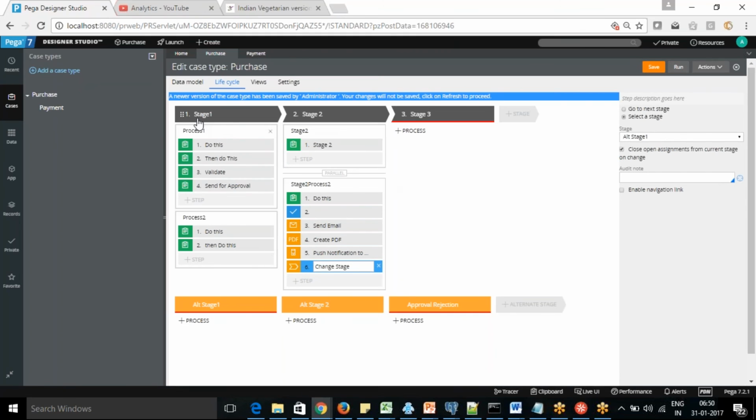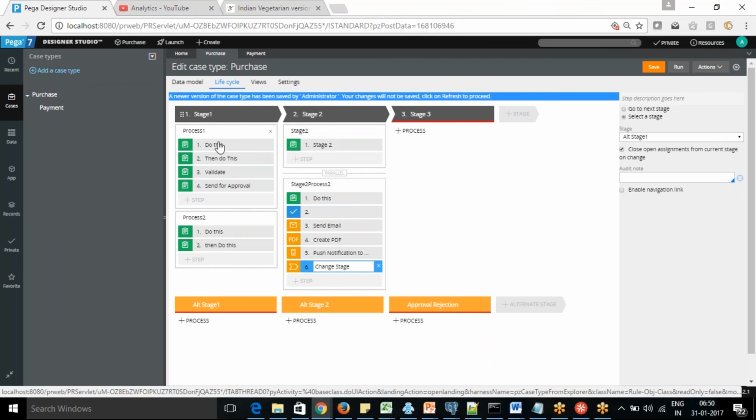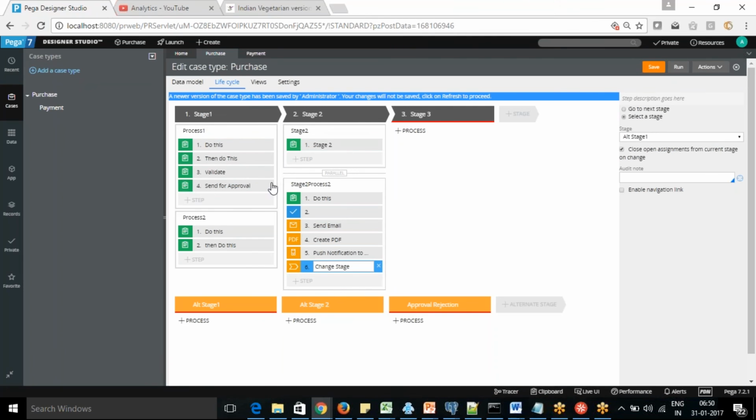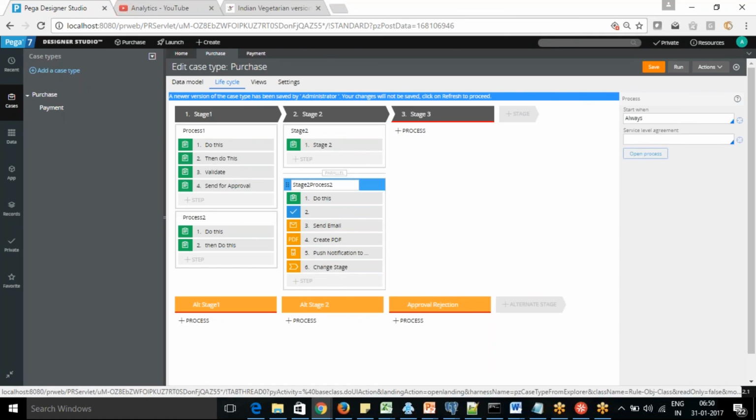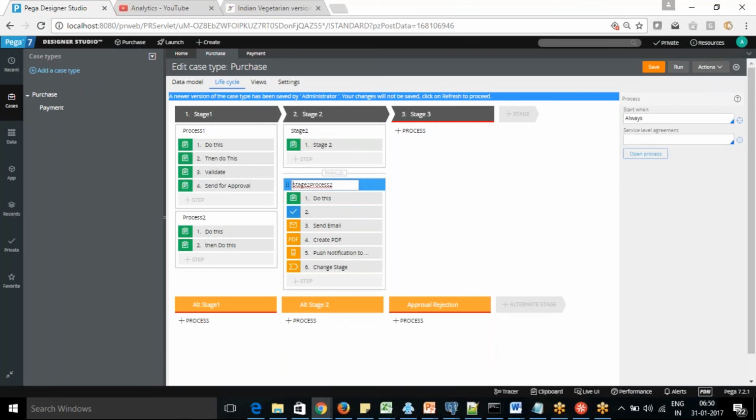Okay. So whatever you are defining is a process, right? Internally, that is a flow. Each of them is a different flow shape within that. So if you take this stage 2 process 2, if you click onto that, you can see open process. It is going to open the flow rule internally. So if I click onto the open process,